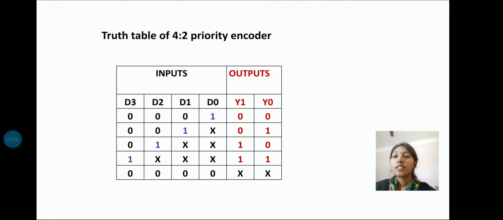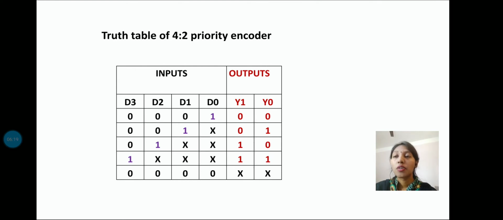So D3 is 0, D2 is high. The highest priority input that is active in this condition is D2. D1 and D0, whether they are active or inactive, out of the 3 inputs D0, D1 and D2, the highest priority input that is active is D2. So the 2-bit binary code corresponding to the decimal digit 2 is obtained at the